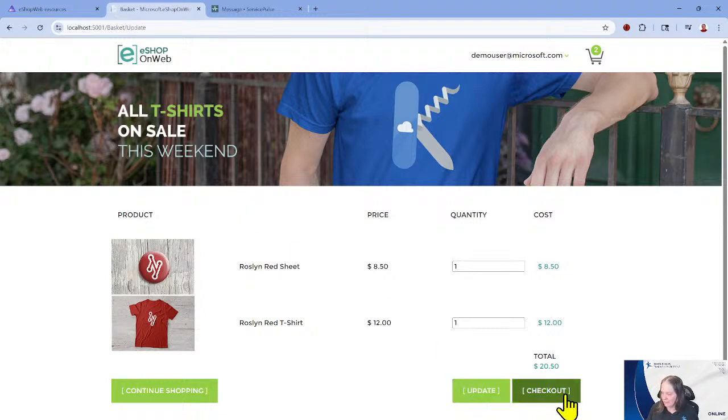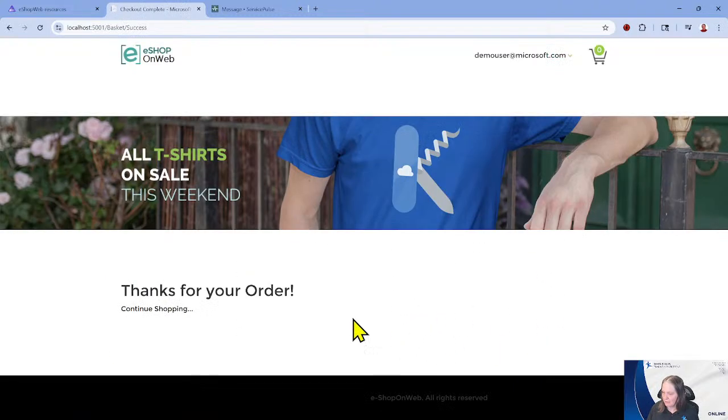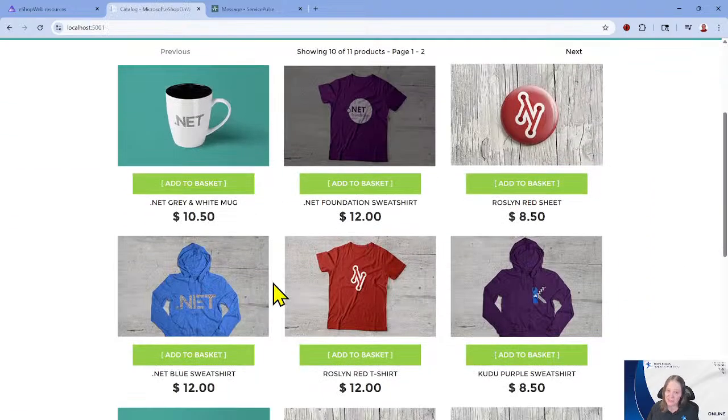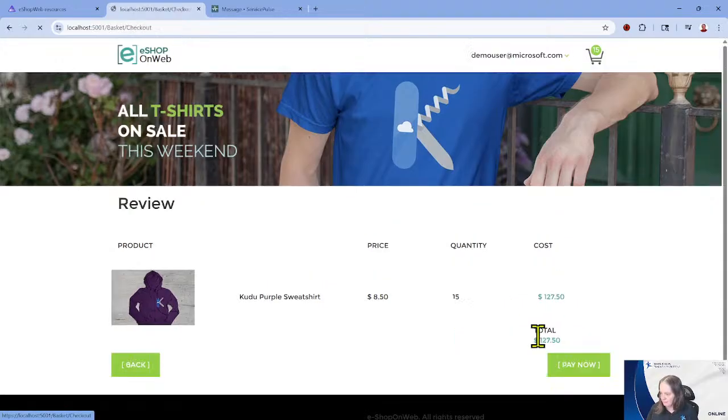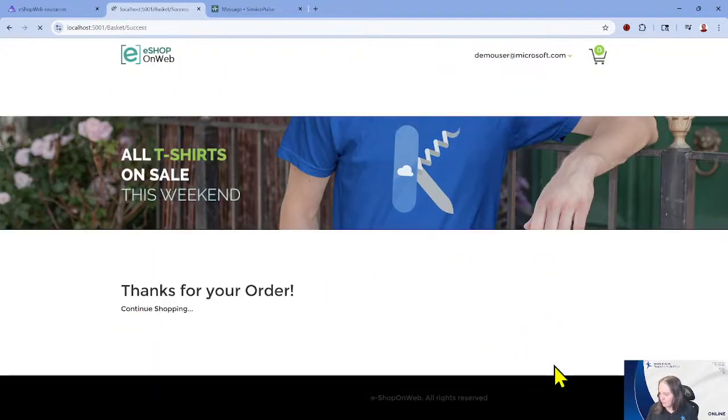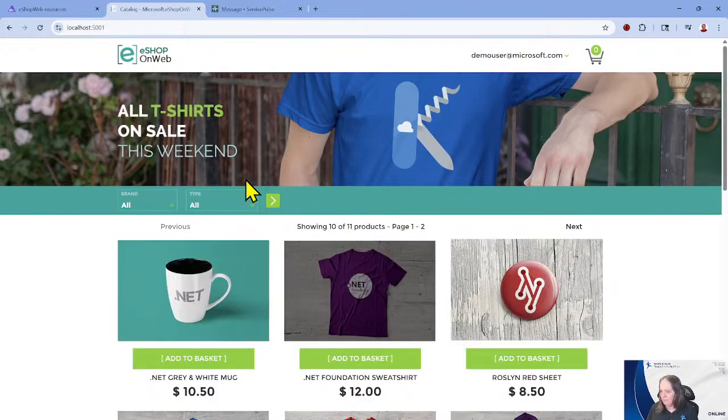I'm gonna say, let's check out, got that. We're gonna generate a bunch of things that should be going to our orders. Sweatshirts, hey, it's got a hoodie. You know what? I have a bunch of friends who need hoodies. Let's give it away at a conference or something. Okay. Those.